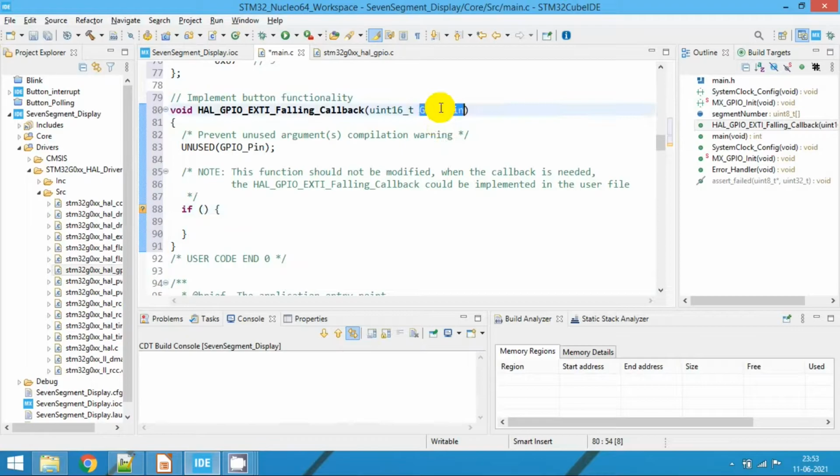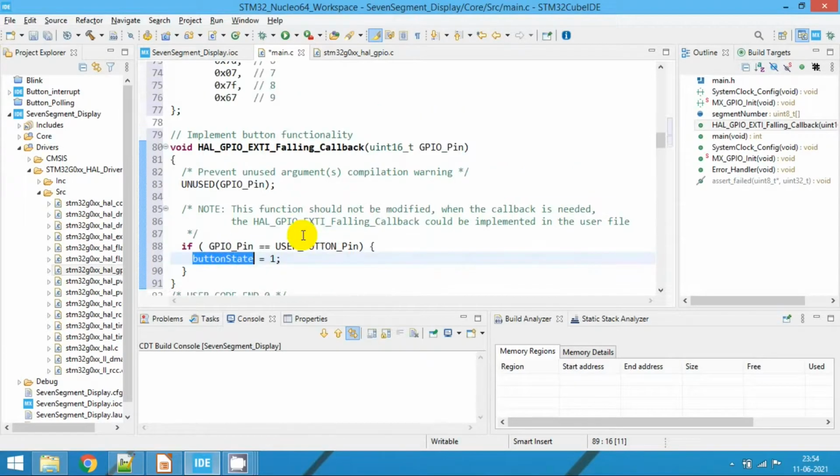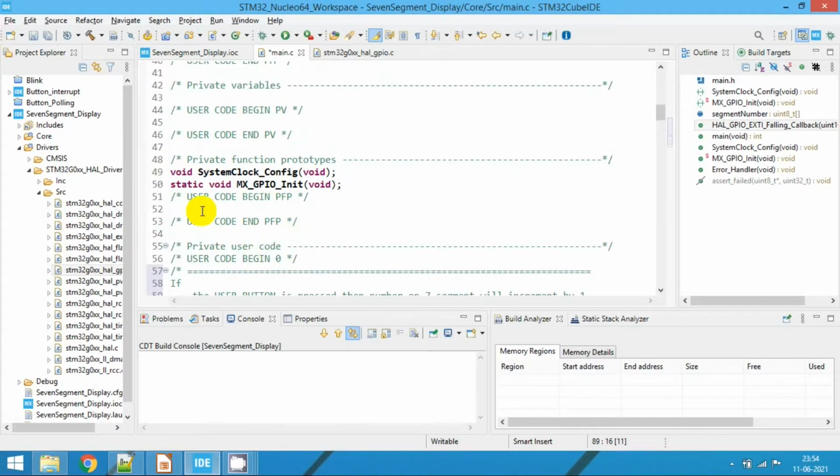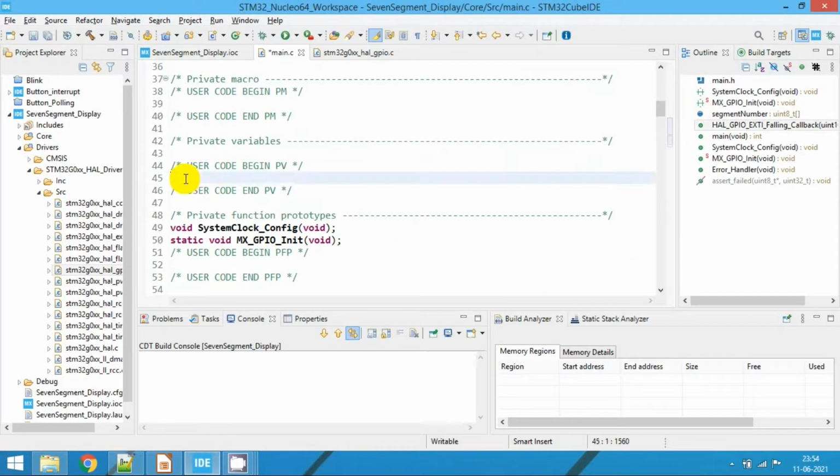Now if the GPIO pin is equal to user button, then we will assign a variable called button_state equal to 1. So we are going to declare this button_state.